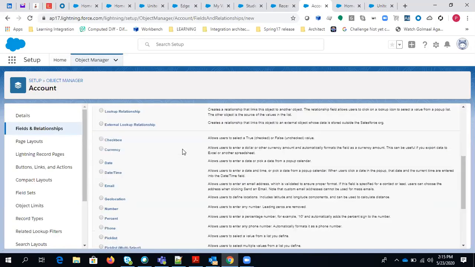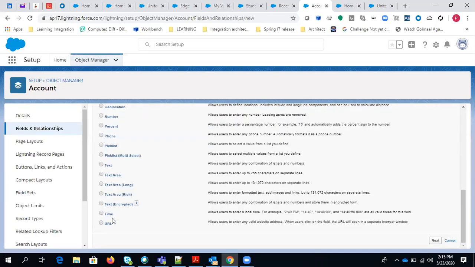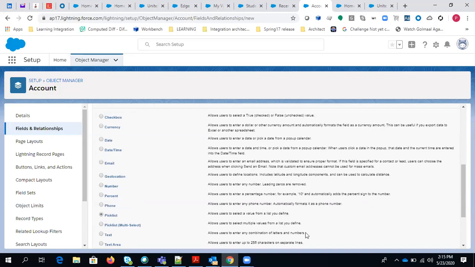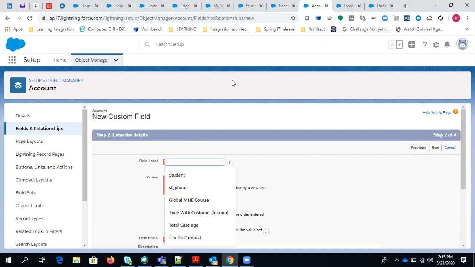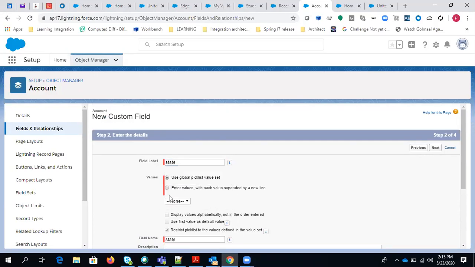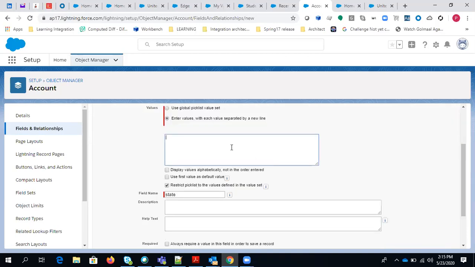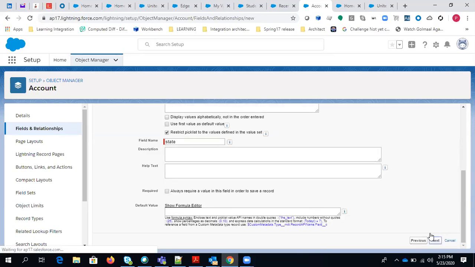Let's say I just want to create a picklist field, and I just want to give the name as state. Delhi. Let's hit next.